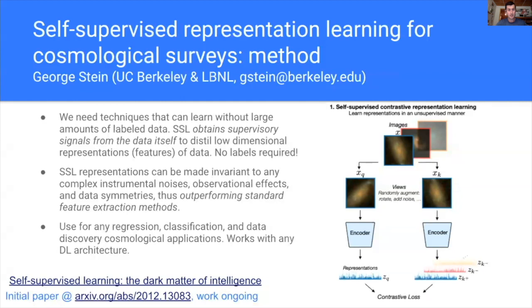But what you find, and I'll use this imaging example on the right here, is that small perturbations and symmetries in this data set can massively affect the representation that comes out. If you look at those two galaxies, you can take one galaxy and copy it over. You can rotate these things, you can add noise, you can mask bits, you can jitter it. You can do all these realistic effects that happen in real data.